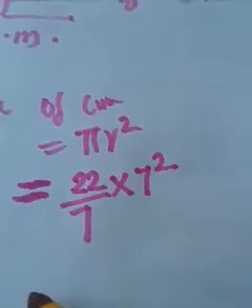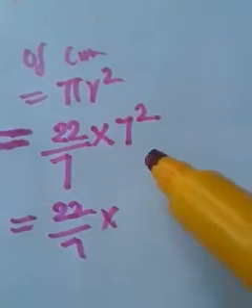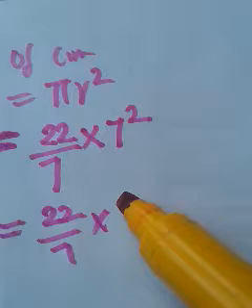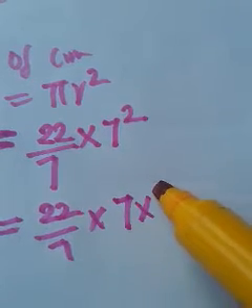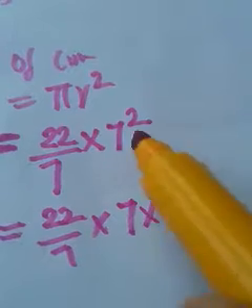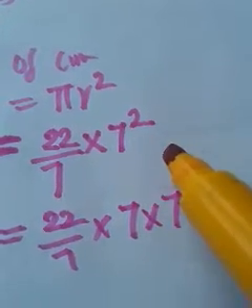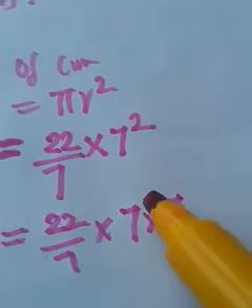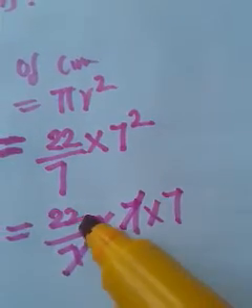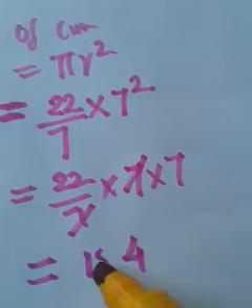Okay. Now just see, it becomes 22 by 7 into, so what is 7 square? Can you write 7 square as 7 into 7? Yes, of course. Some number square is that number into the same number, no? Because a square is nothing but a into a. So you can cancel 7 and 7. So what will remain? 22 into 7. So 154